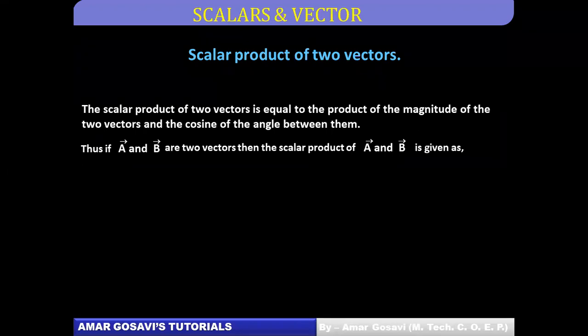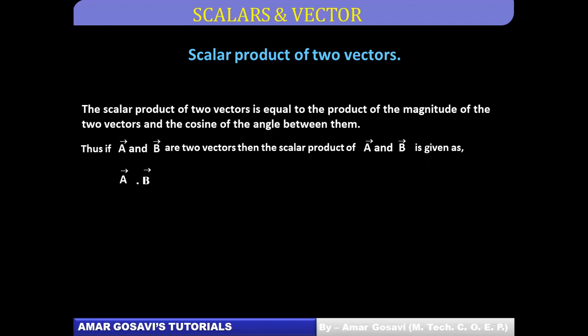dot b bar. Again, remember how I am representing it, because the moment you represent it in a different way, it will be considered wrong. The scalar product is represented as a bar dot b bar. So there is a dot over here, you can see. Therefore this scalar product is also called dot product. How it will be different from the second type of multiplication, we will understand at a later stage.